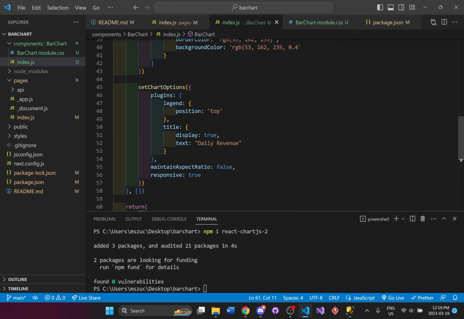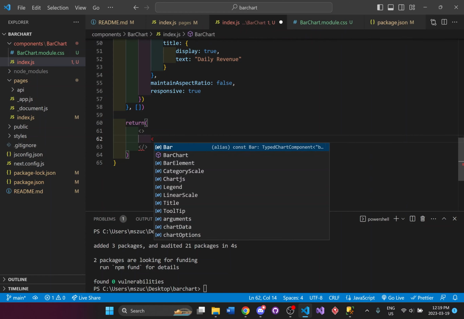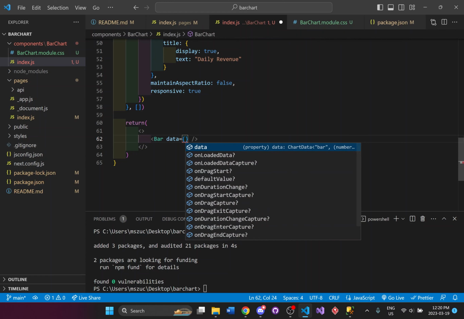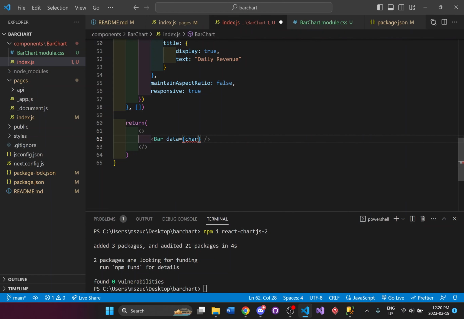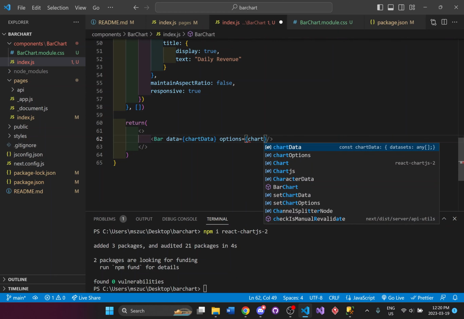Alright, so I have some chart options with a title for that chart. And this is however you want to stylize the chart pretty much. And what I'll be doing is I'm just going to have to add it here. I'm just connecting the data to the chart data. And then also the options is equal to chart options.